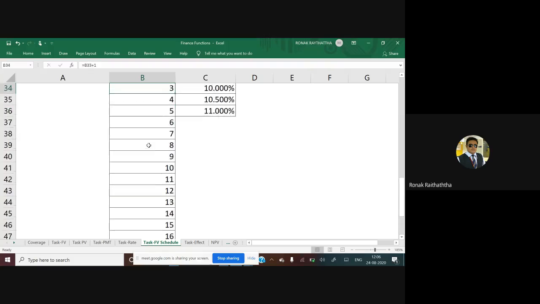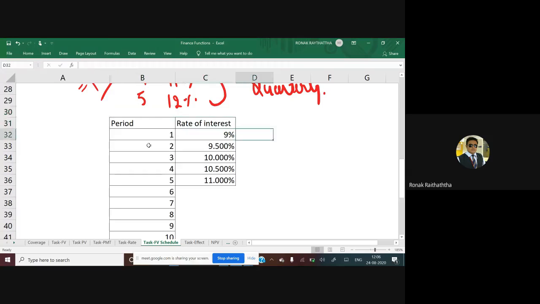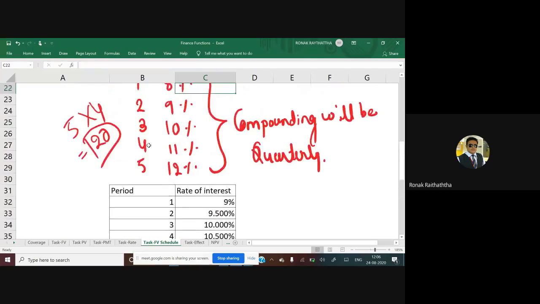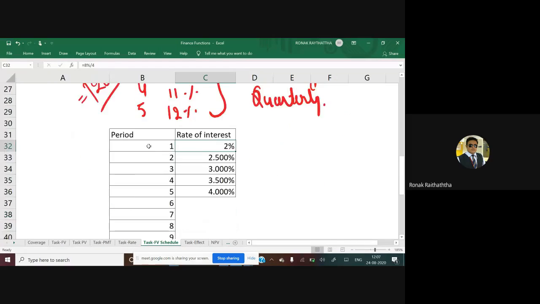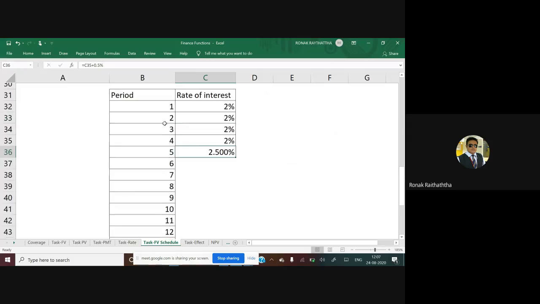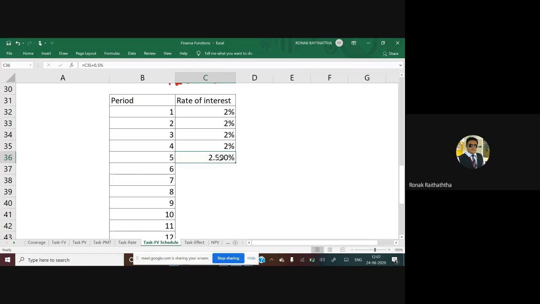So up to 20 periods you are going to write this. Now interest in your number in 4 periods would be 8 divided by 4. So I'm writing equal to 8% divided by 4. So 2% for each quarter, right? So first 4 quarters would be 2%. Then in second year you have 9%. So here in 5th period I am writing equal to 9% divided by 4. So that comes at 2.25%. So I'm copying it for next 4 quarters up to 8 quarters, right?